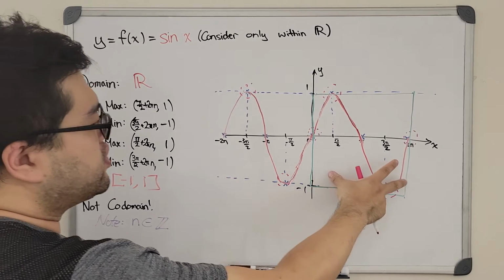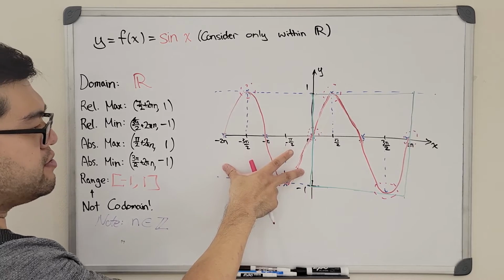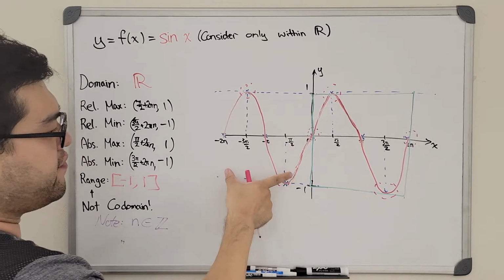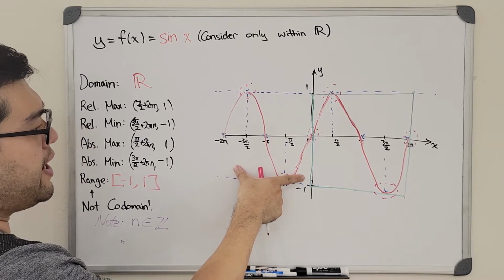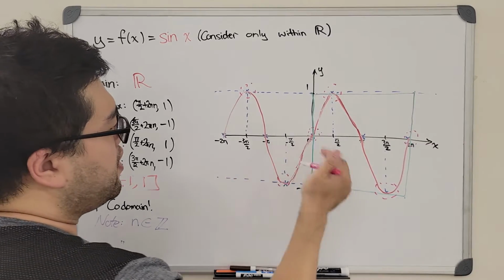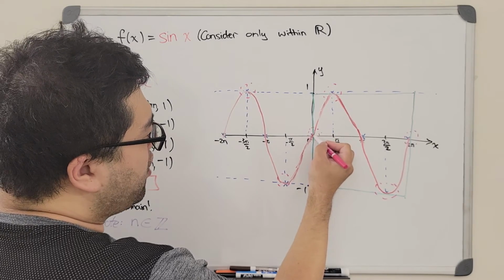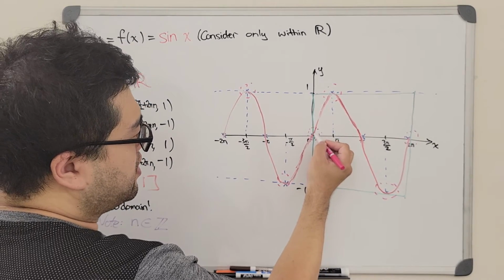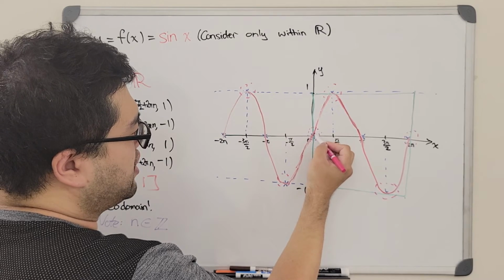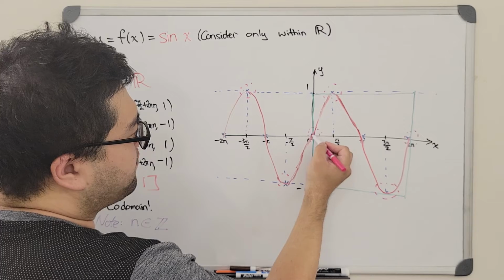So if we try to move that copy and then bring it to somewhere else, such as here, if we're going to shift the box by -2 pi, by 1 period to the left, and consider the point when x equals 0, now we see that is no longer the minimum, because when we look at the graph locally, we